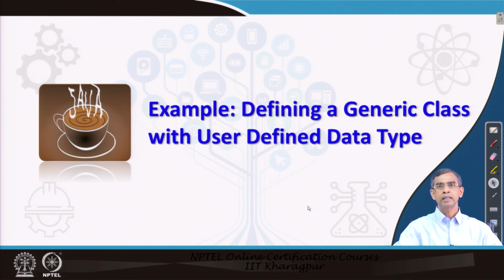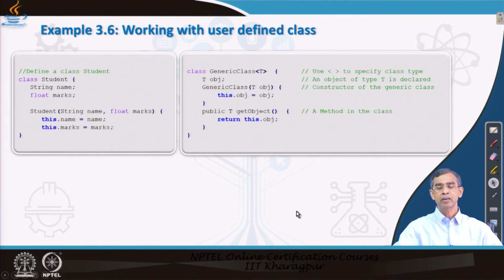For example, say the user can define their own data type, say book or student or person. Now, can we repeat the same thing? That means objects can be created, object arrays can be passed, they can be printed, and ordering of the objects can be made like this. The answer is of course yes, because this is the main strength of generic programming. Now, here is an example to illustrate the concept.